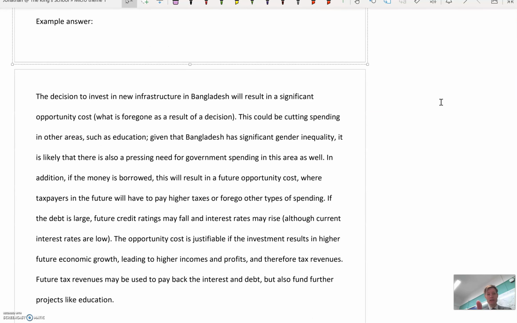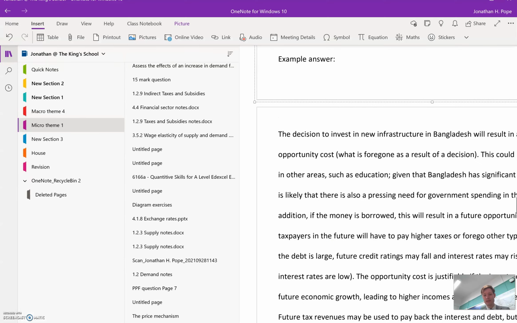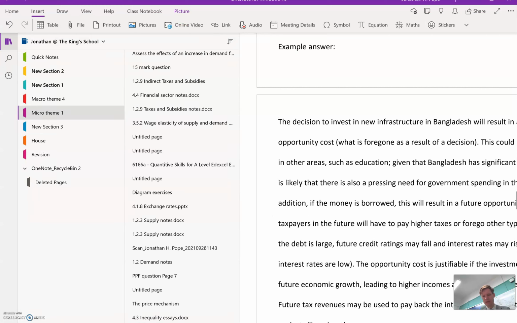Okay, welcome back again. That's the example answer that I would give, and I've put lots and lots of application, lots of ideas in there for you to think about. You really do want, in these applications, in these evaluations,